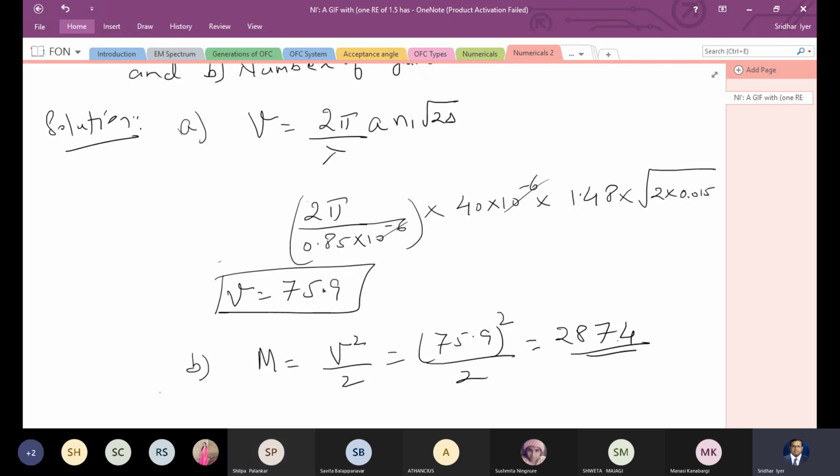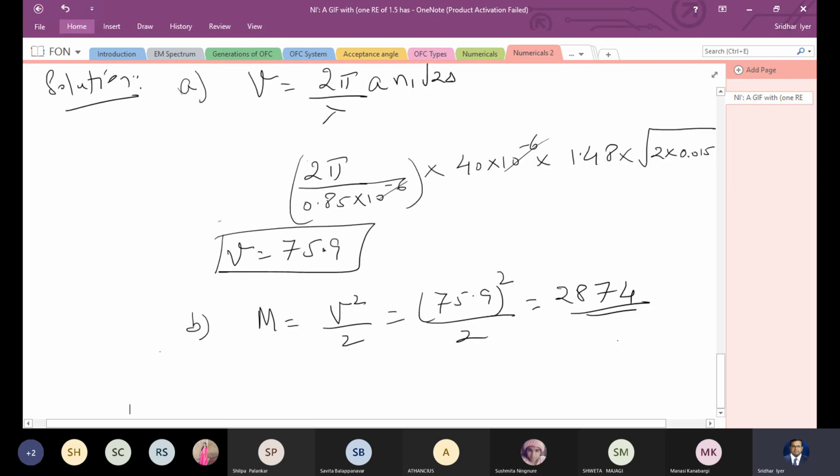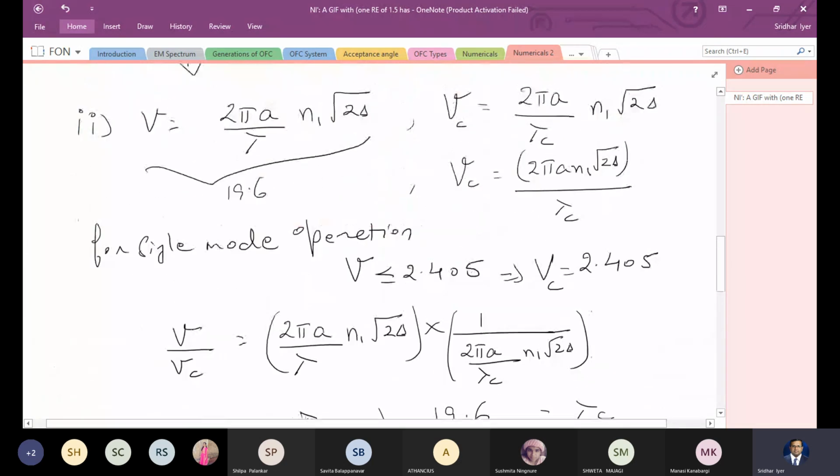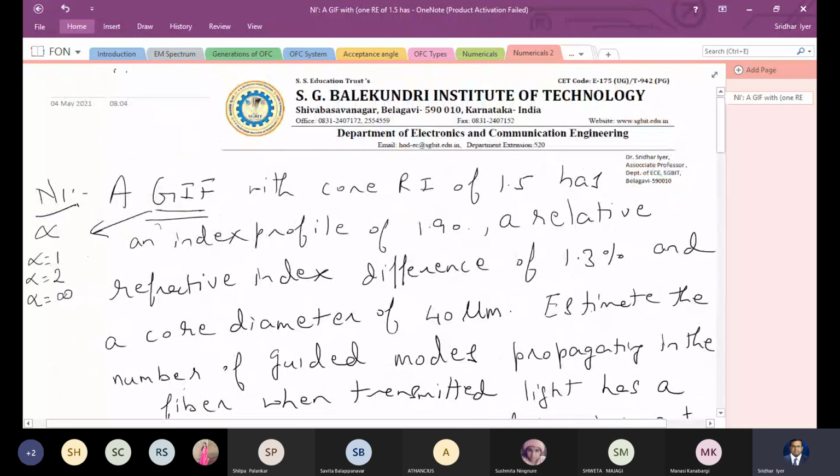Yes, sir. Good. So I've solved all types of numericals which we can encounter in the exam as well as in general. There could be a few more numericals in John Senior and Gerd Keiser, which you could look at. If you are able to solve it, great. Otherwise, you can let me know. I will solve it for you and share it with the entire class. But all types of numericals for all types of parameters in module 1 we have already solved.